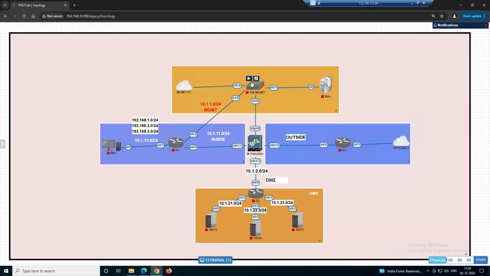Clear, guys. So we are starting this Palo Alto firewall for the first time, so we have to do all the configuration from scratch. By default on a Palo Alto firewall, you will find a management IP address configured, which is 192.168.1.1. If you want to use a different management IP address, see, this Palo Alto firewall will be configured through